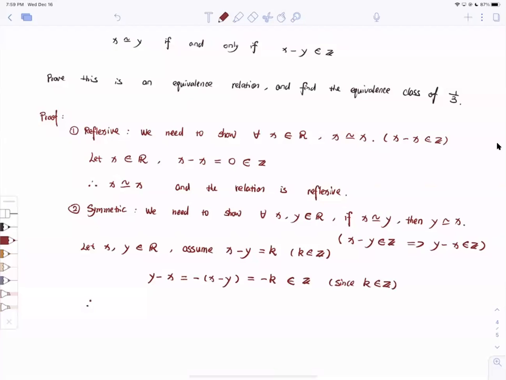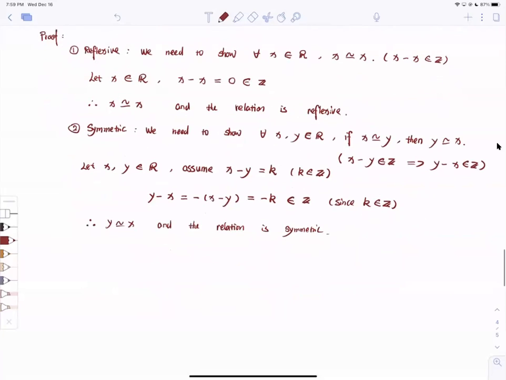Therefore, y has a relation with x, and the relation is symmetric. That's the second part. The third part